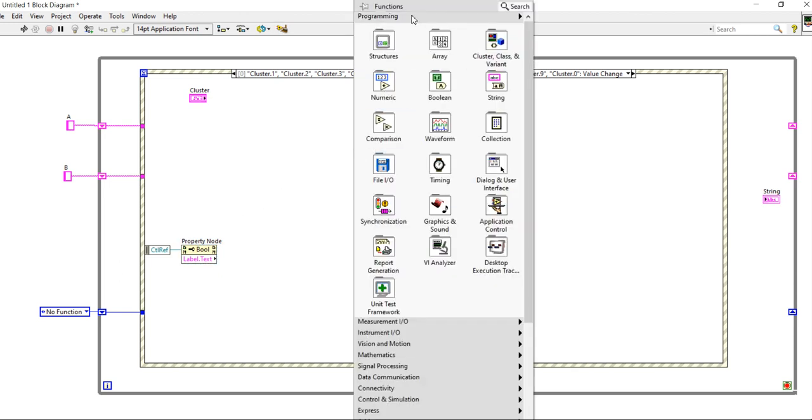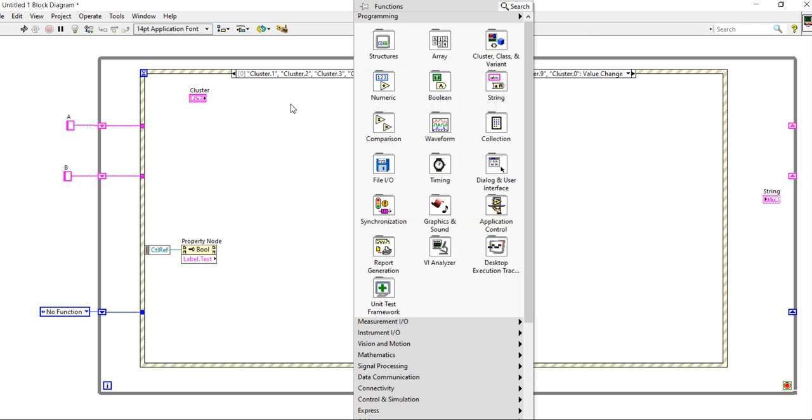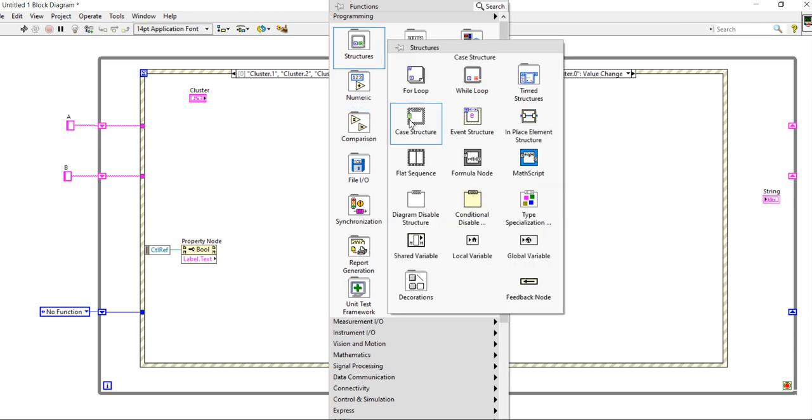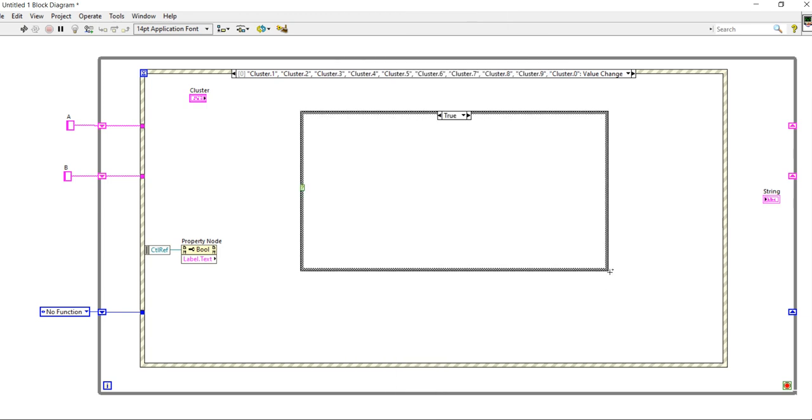Let's come into the front panel. Okay, right click and come into the structures, take a case structure and place it here. Now pass this enum data as it is. Now connect this enum data like this.